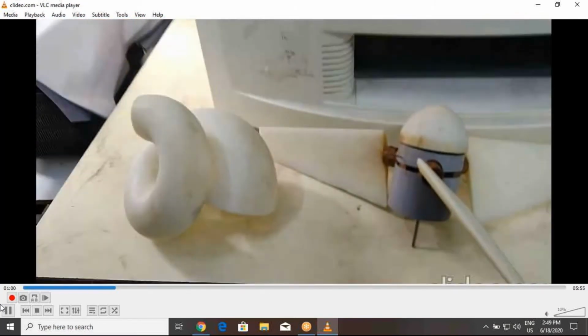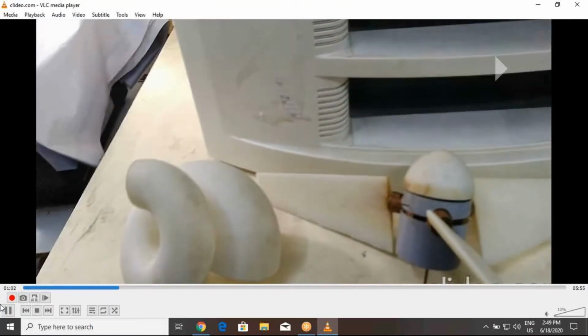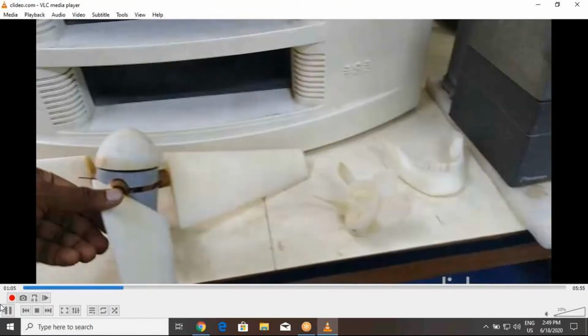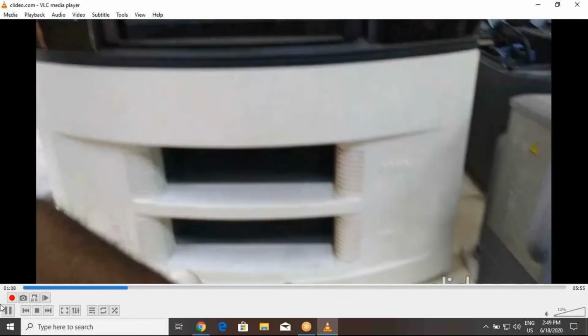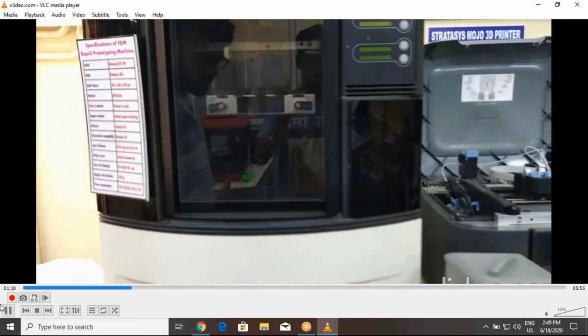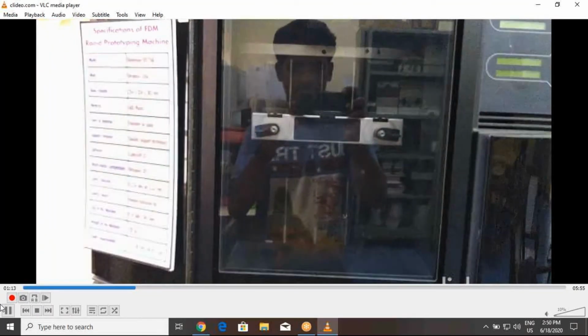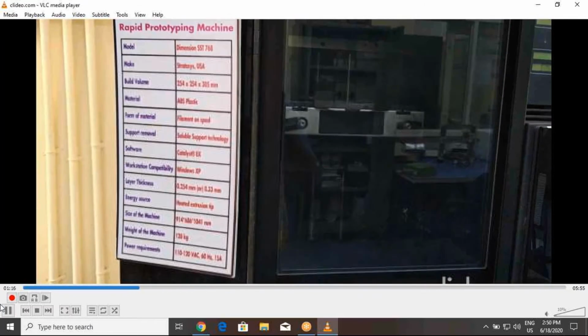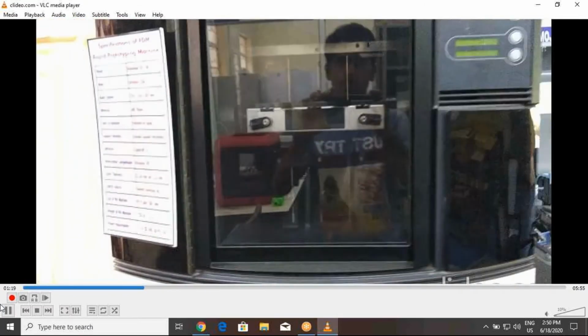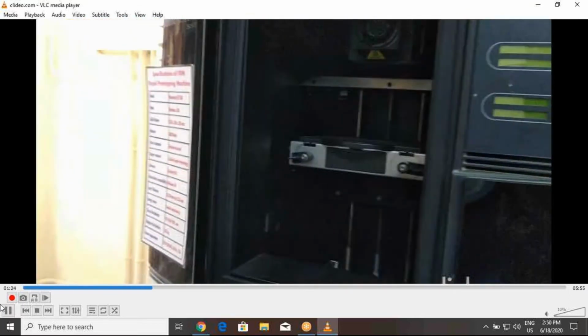See here, these are parts which we printed in the FDM machine. One is an intake inlet manifold, another is a wind turbine blade chamber, and the other is mandible parts. These are printed in the Dimension SST machine. The parts produced in this machine are very strong compared to the Ultimaker. See here, we can move on. Now we are opening the build chamber. If you see, this is the build chamber. It's a very big build chamber, 250 mm, which means we can build large parts using the Stratasys Dimension machine we are having at NIT Warangal.